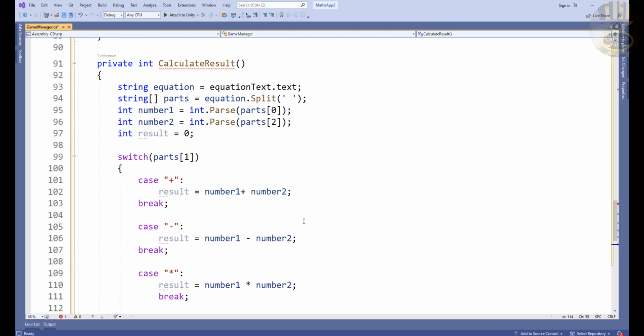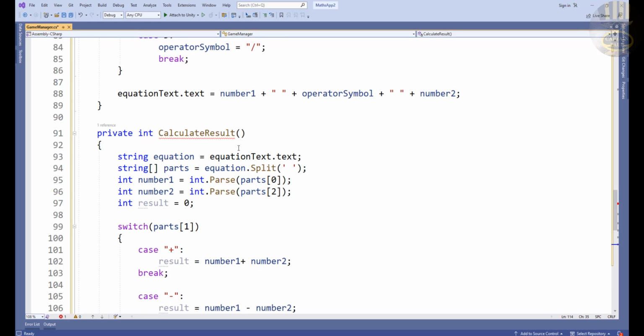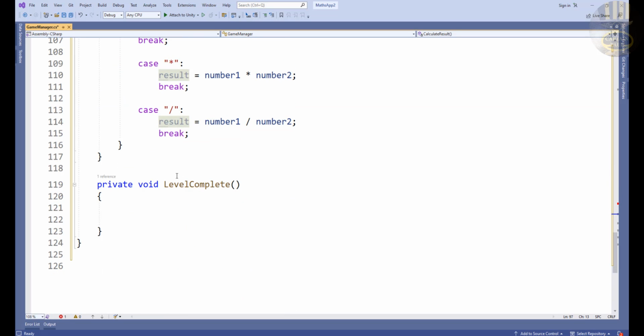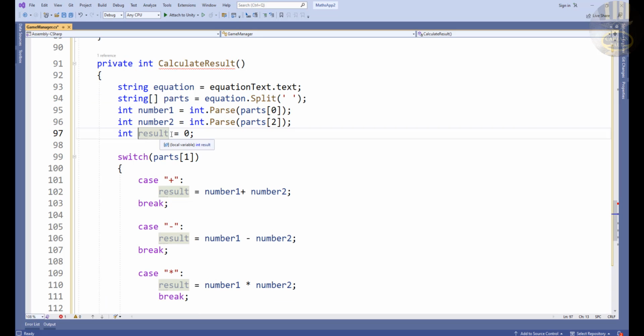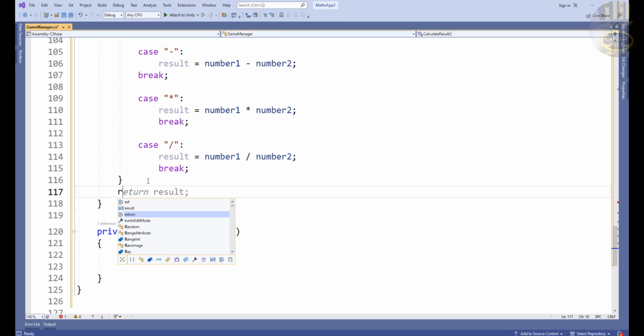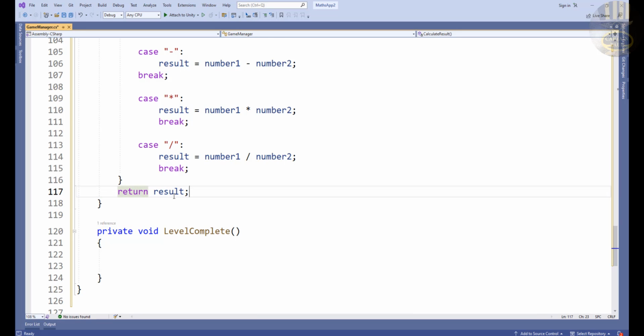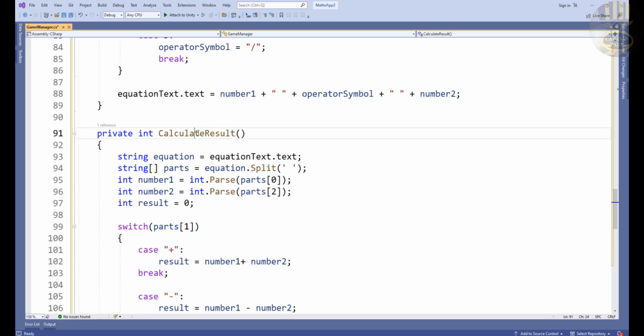Okay, so now we need to return a value for this error to disappear. So I'm just going to return the result. Let's grab hold of result. Remember the result right up here. This result here. Come right down here and let's copy the result. And right here, return result. Accept that. And that's it. The error is gone. Okay, now that that is taken care of,